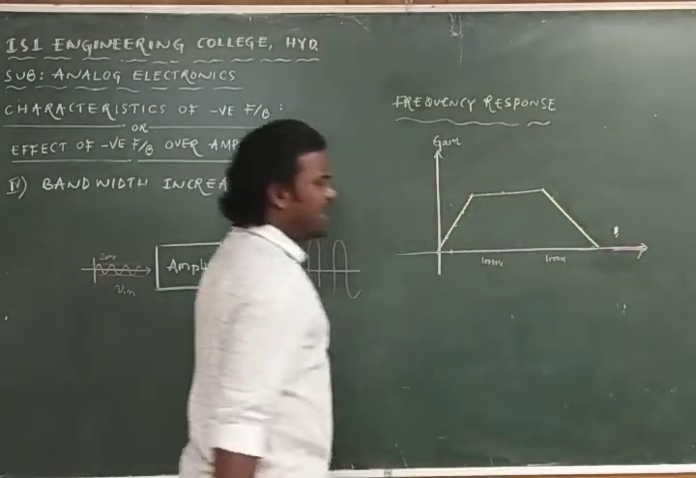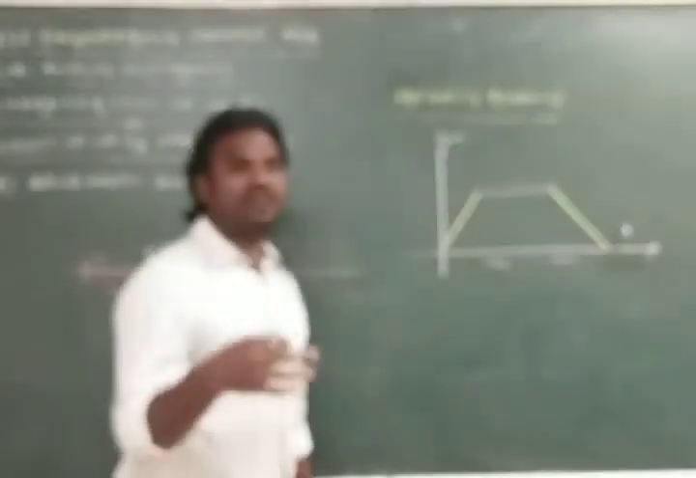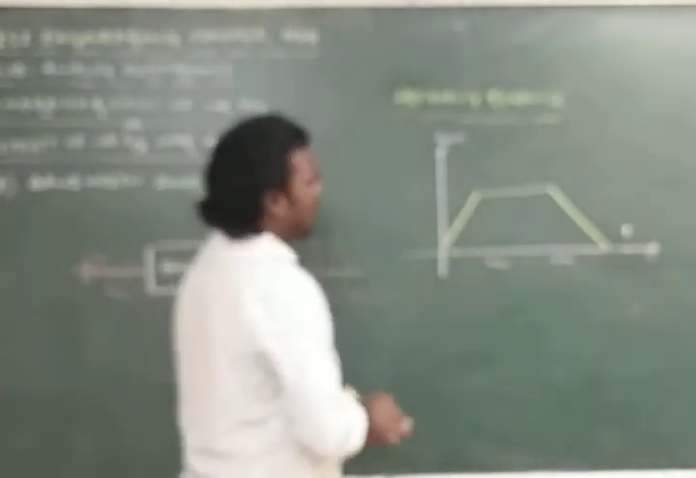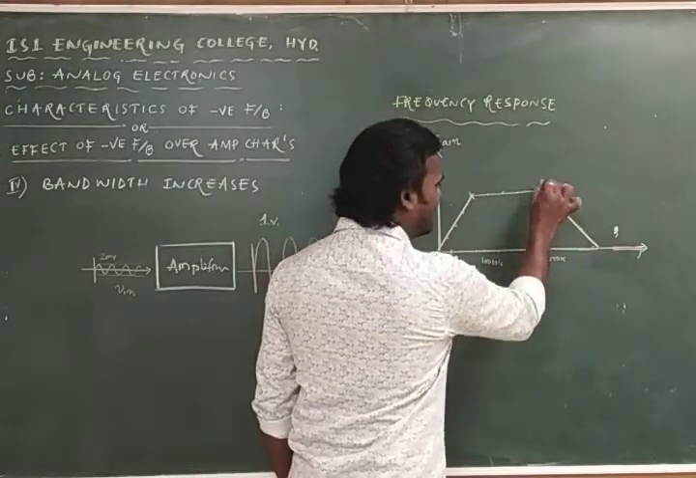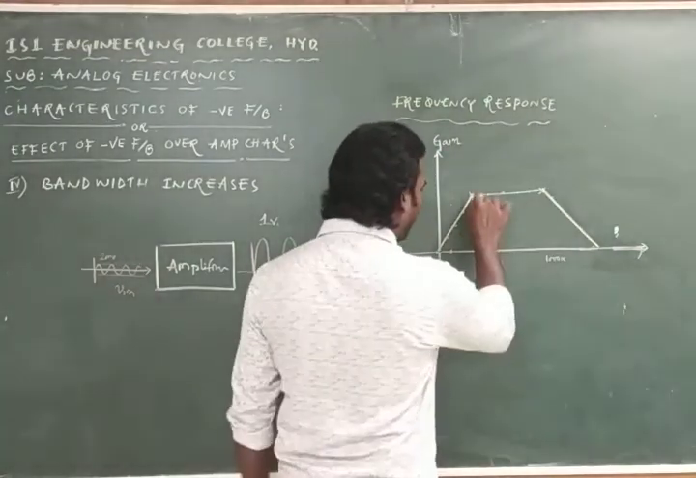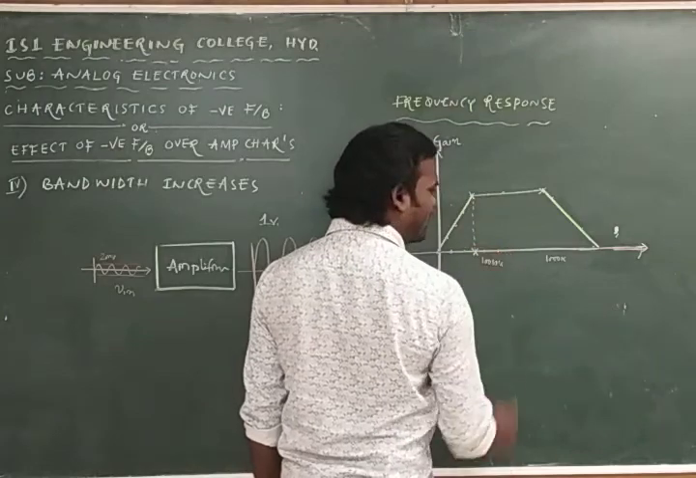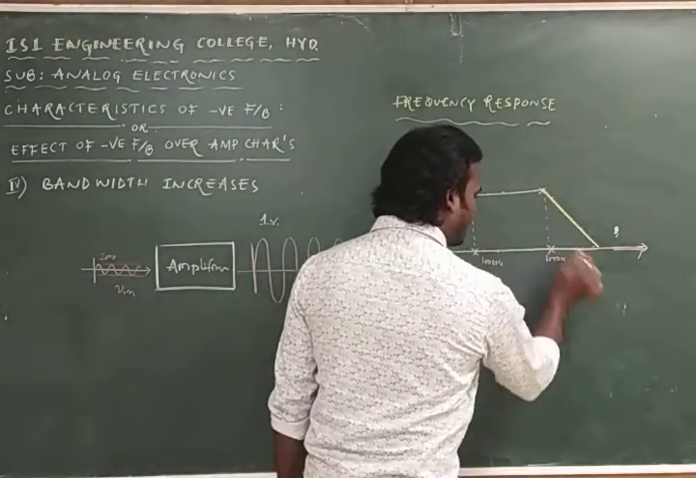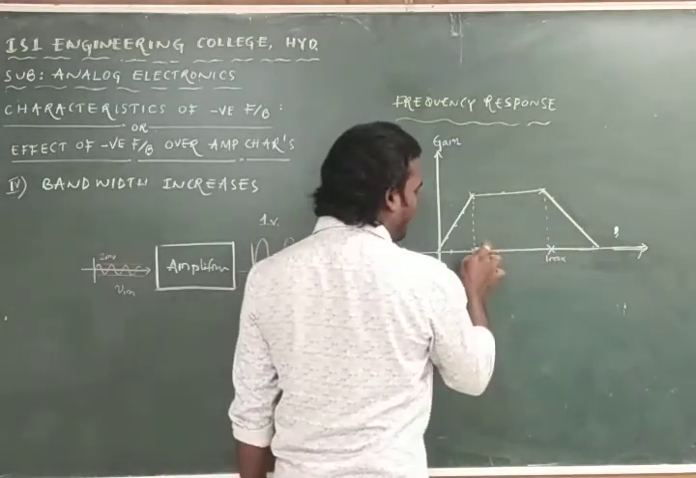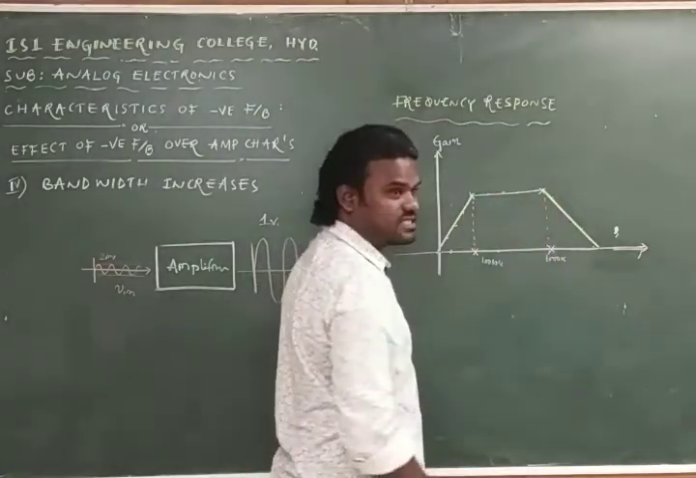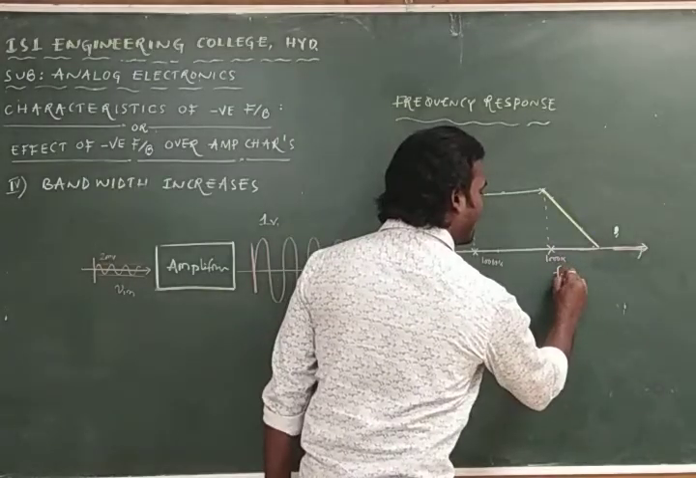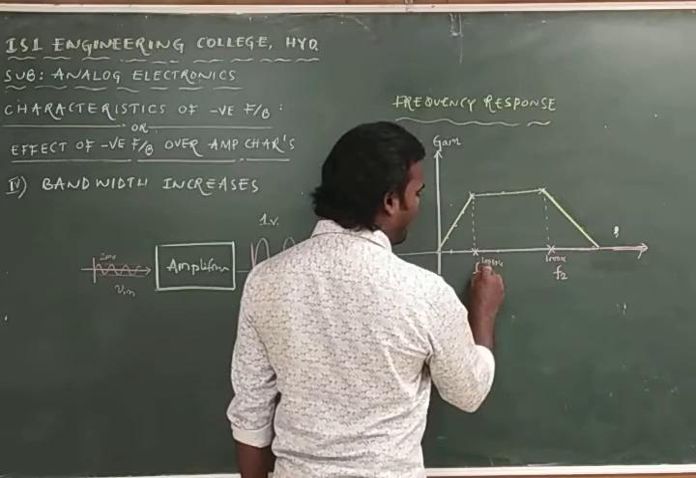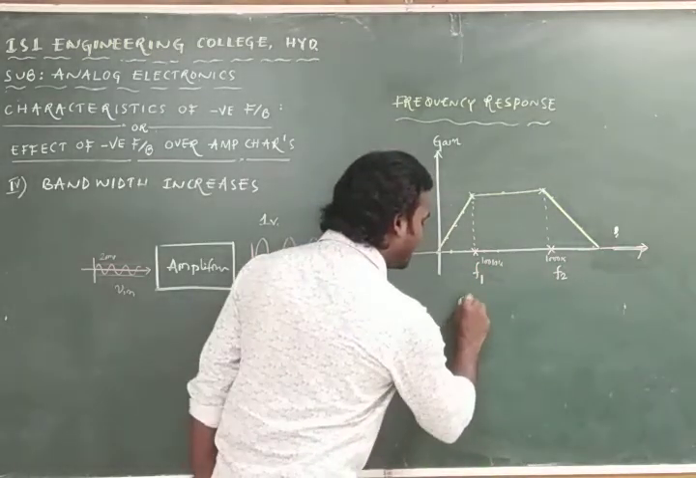Then what is the definition of bandwidth? Range of frequencies over which gain is maximum and constant. From where to where is gain maximum? From here to here the gain is maximum and constant, so we have to identify the corresponding frequency here and here also. The range from here to here, where gain is maximum and constant, is named bandwidth. This frequency we can call F2, this frequency we can call F1, so that bandwidth is equal to